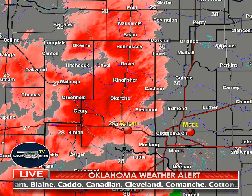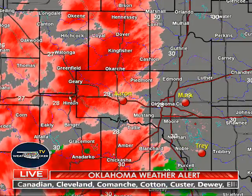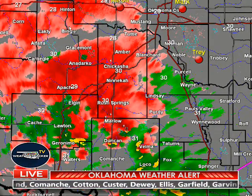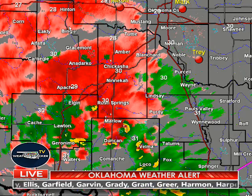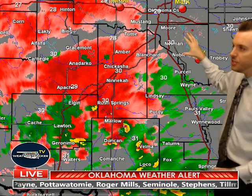southern sides of the metro, because again, I think just a lot of folks are going to be caught off guard with this just a little bit, with this opportunity for some lightning and thunder, and especially down here in the more Norman area. Of course, our studio is located in downtown Norman, and again, these lightning bolts you're seeing here, these are all cloud to ground strikes, and again, there's several of them mixed in here. So again, as this activity down here, especially down around Chickasha and Rush Springs and Ninnekah, as this continues tracking